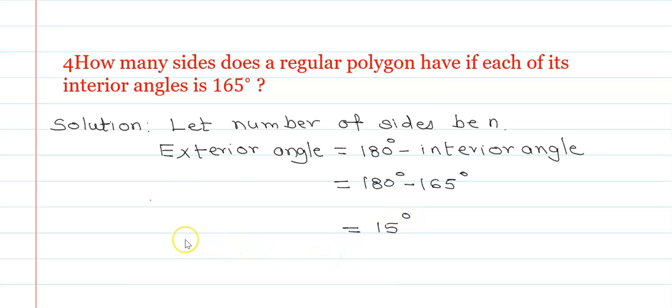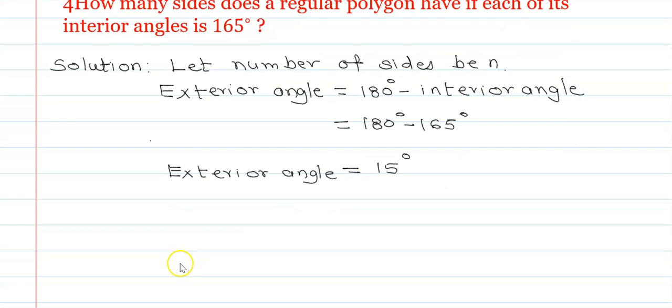Okay, this is the measure of the exterior angle. What we want to find out is how many sides the regular polygon has,